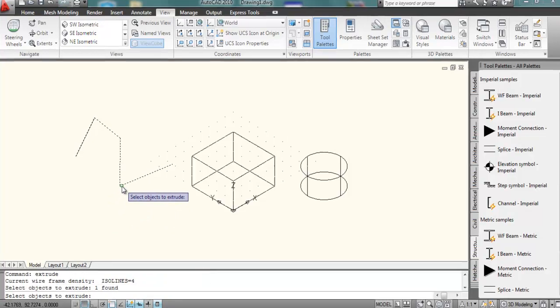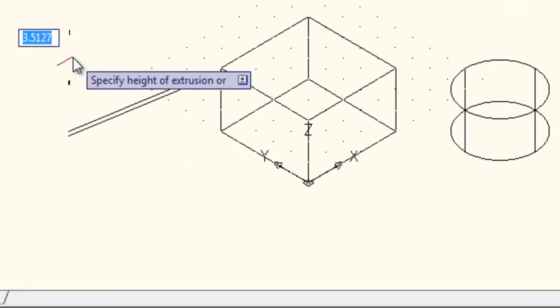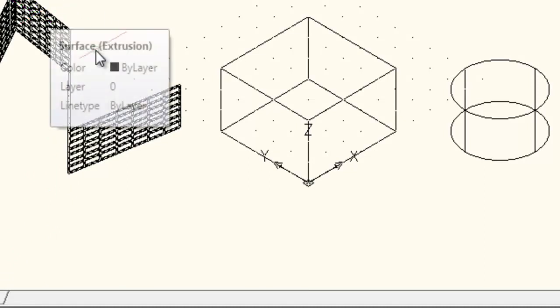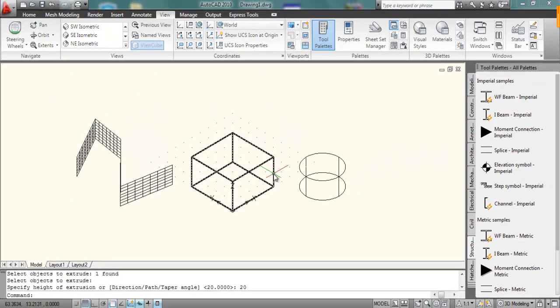Select the polyline, press enter and type height as 20. The main difference between this polyline object and other objects is that this is a surface while these are solids.